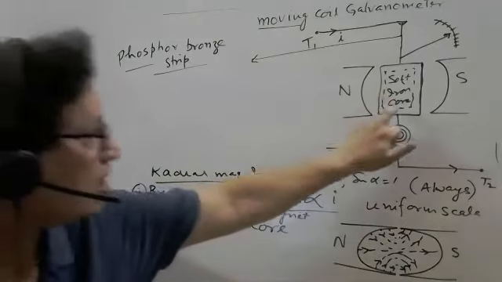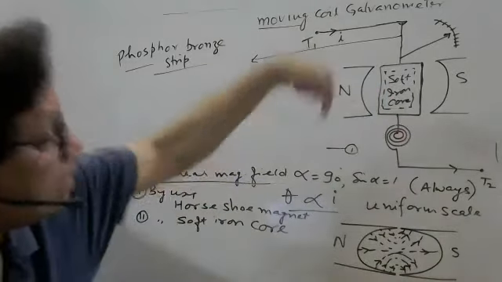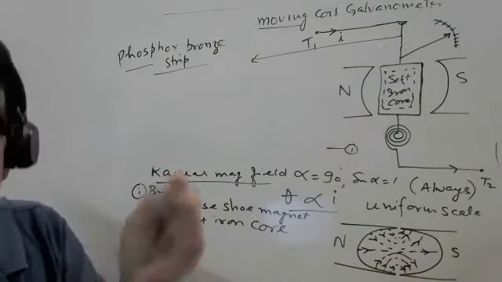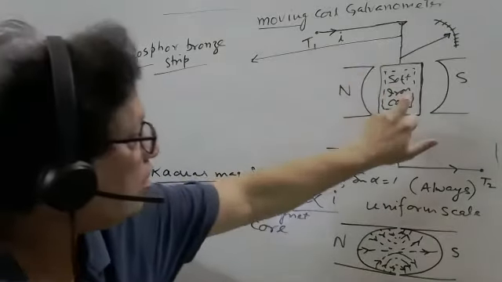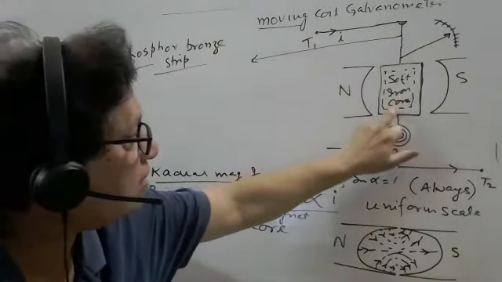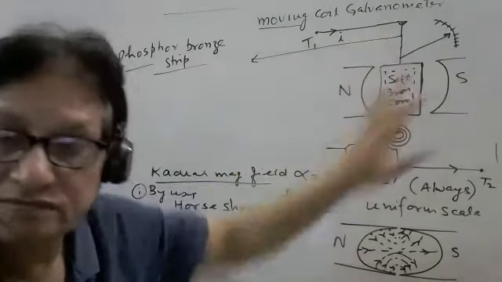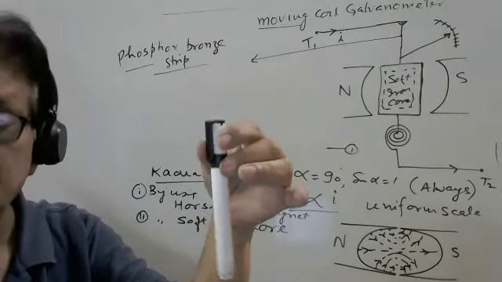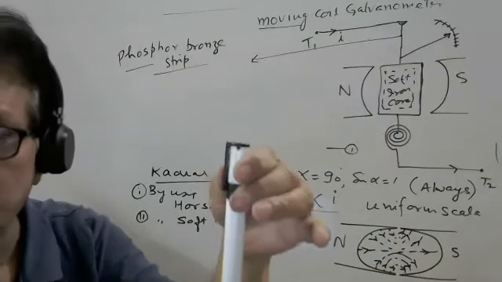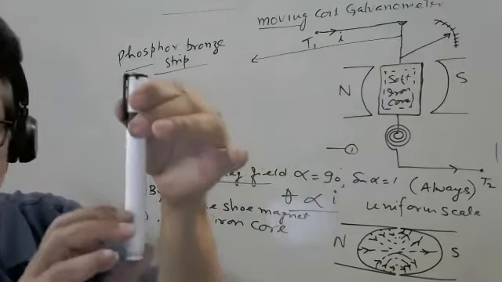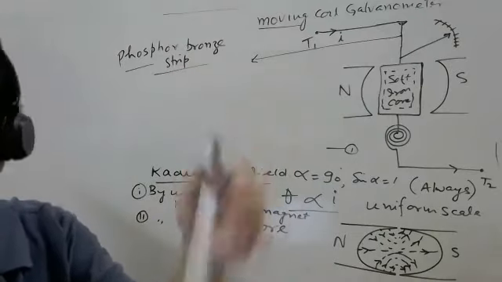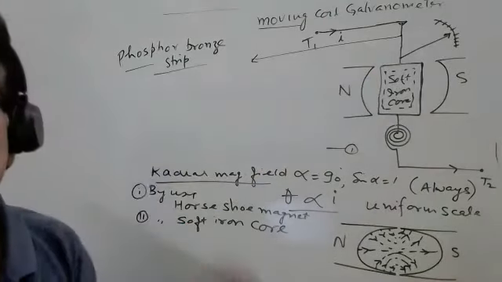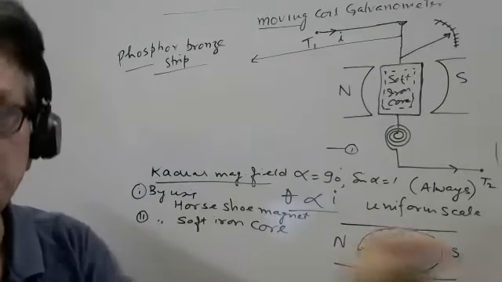First of all, the coil with the soft iron core is hanging on this wire. At the same time, it should be very strong, because all the weight of this coil as well as the soft iron core depends only on this wire. You can take any wire which is very strong mechanically, but at the same time, it rotates also. If you take a very thick wire, it will not rotate. It means the necessary condition here is that this wire must be very thin and very strong.